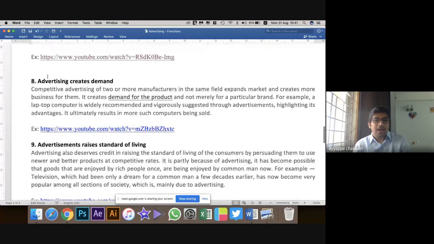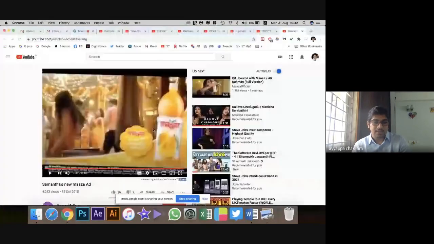So next one, advertising creates a demand. It creates a demand for your competitors' products also. Many a time you see a new product coming in or a product that is being sold. Along with that particular product, other companies also have a good sale because of the advertisements. I've taken here the example of sunscreen.